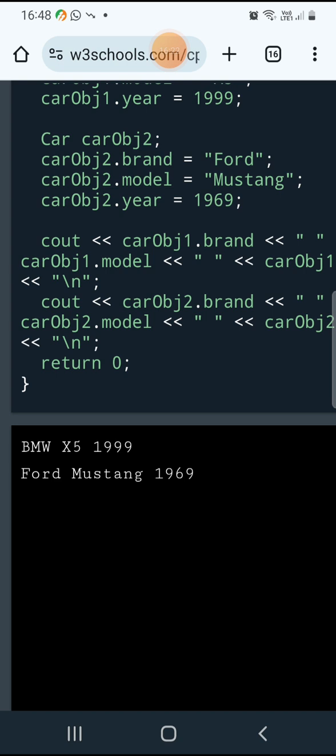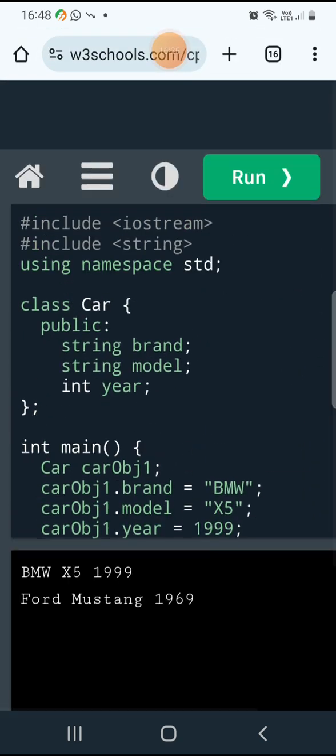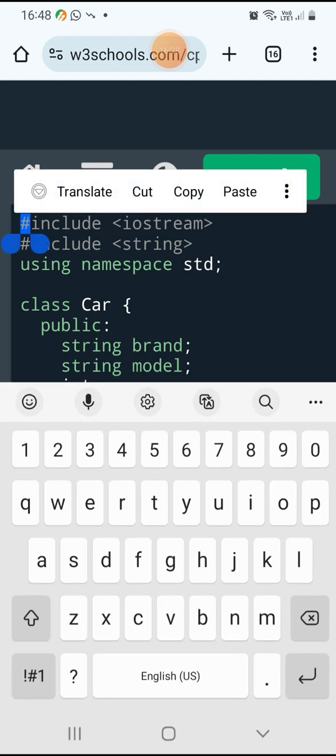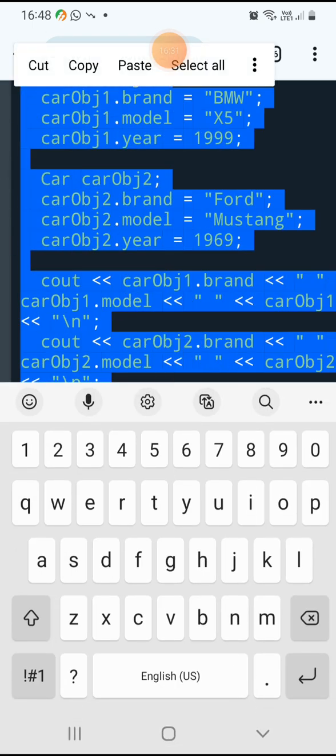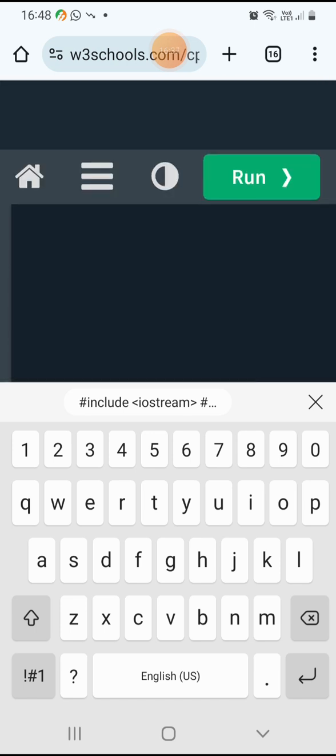Okay, so now you do one thing, you remove the total code from here. You remove the total code. So now there is no code here. See, there is no code. Now you try to write